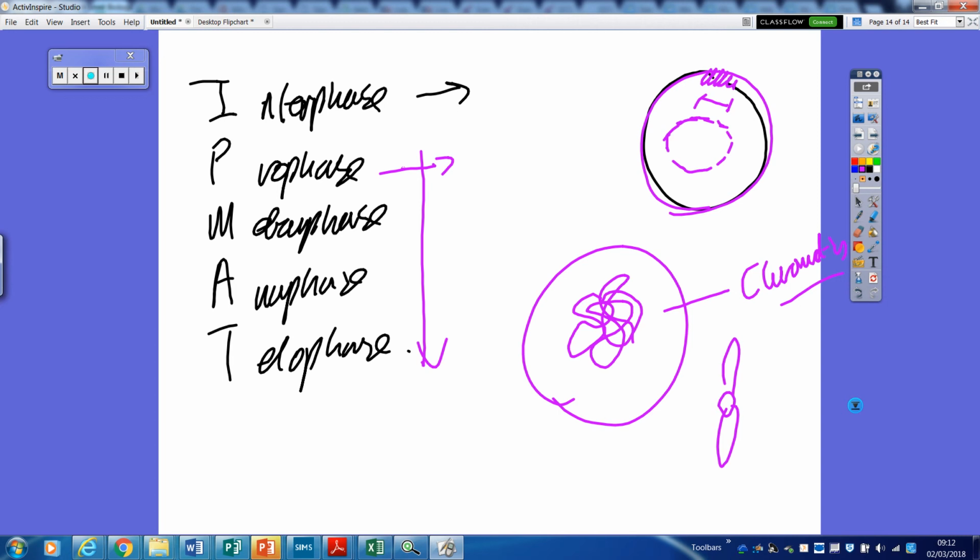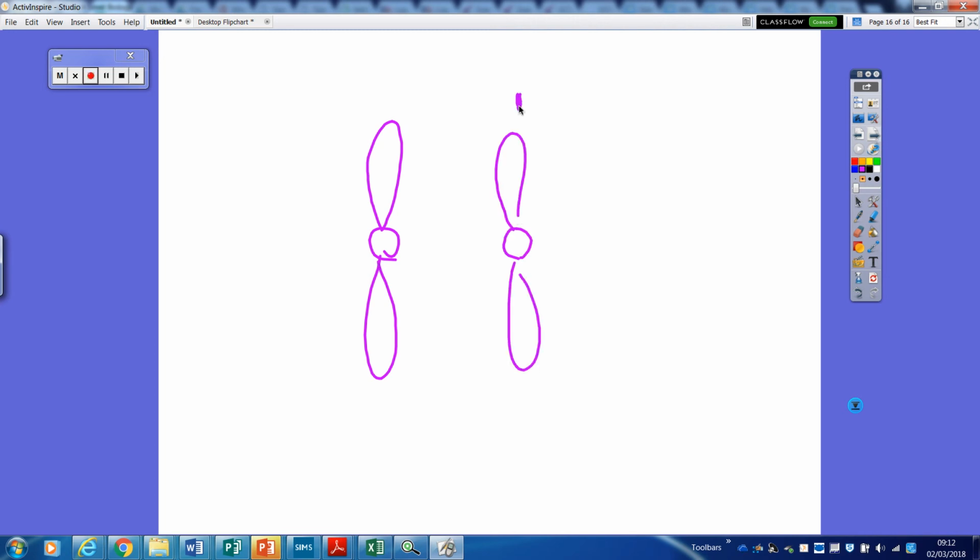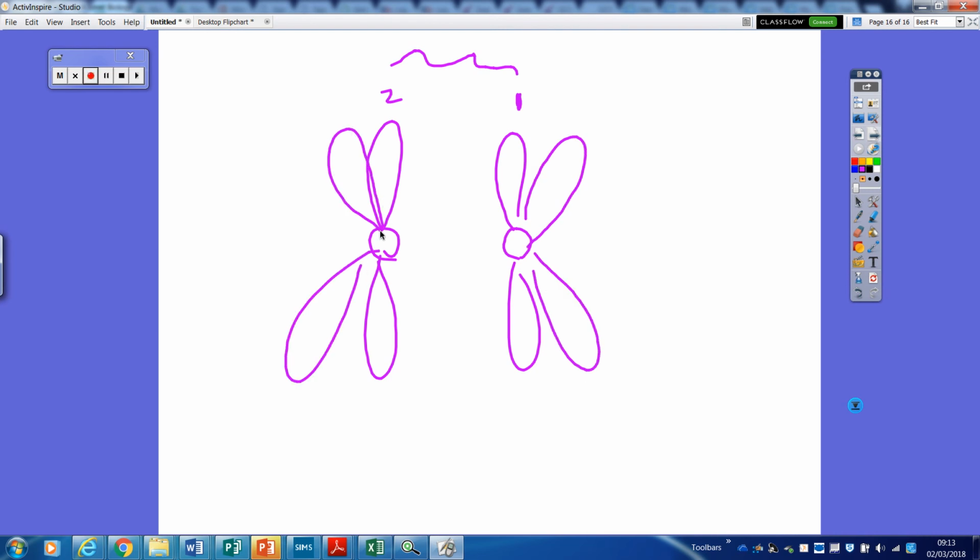And because all the DNA is replicated, the chromosomes go from looking like this to like this. And that's something that's hard for some students to get their head around. Okay? When we look at a chromosome individually, here's the centromere, here are the chromatids. A pair of chromosomes looks like this. So this is one chromosome, this is another chromosome. So that's a pair. But after replication, the chromosomes look like this because all of the DNA has doubled up, ready to be split. Yeah? So that's still a pair of chromosomes, it's just a pair of doubled up chromosomes. That's where that 4n number comes from that I was talking about in mitosis.